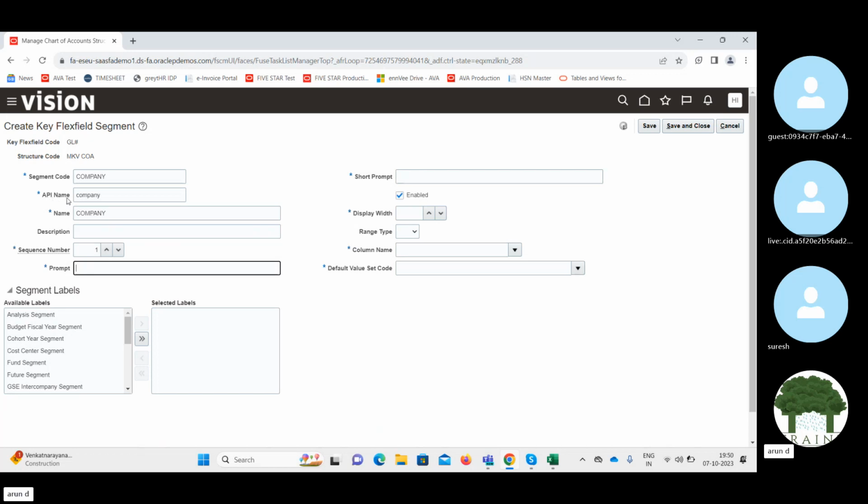Okay, so before that you have this API. So API is nothing but, if you are using OIC, OIC is a component wherein you will integrate between different systems. So if you are going for a vanilla implementation, or if you are implementing only the SaaS solution, SaaS solution is nothing but whatever Oracle has given us. So we'll implement it as it is. We'll give the standard configurations, and the data migration and the other components. And based on this, if you implement Oracle, you will say this is a standard or vanilla implementation,